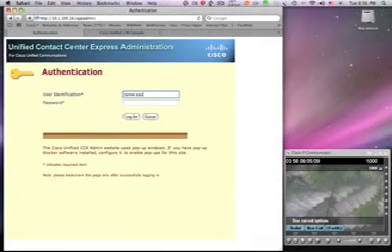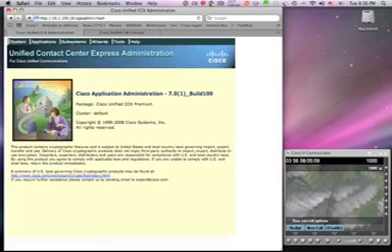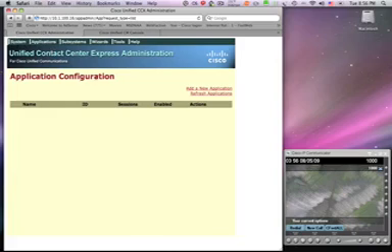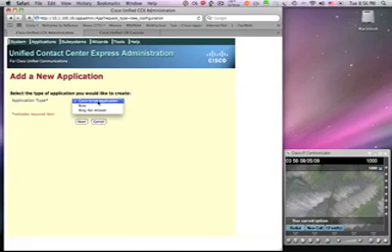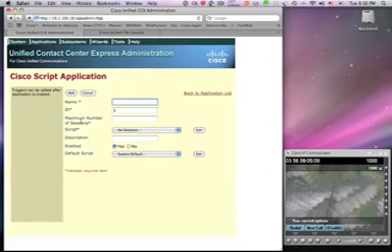Now that we have everything installed and ready to go, and we've checked that our services are in service, we're going to log back into our Contact Center 7 Express. And we're going to set up a test application just to make sure everything is working. So go to Applications, Application Management, select Add a New Application, just a Cisco script application. Next, you can name it whatever you like. I'm just going to do UCCX Test App,